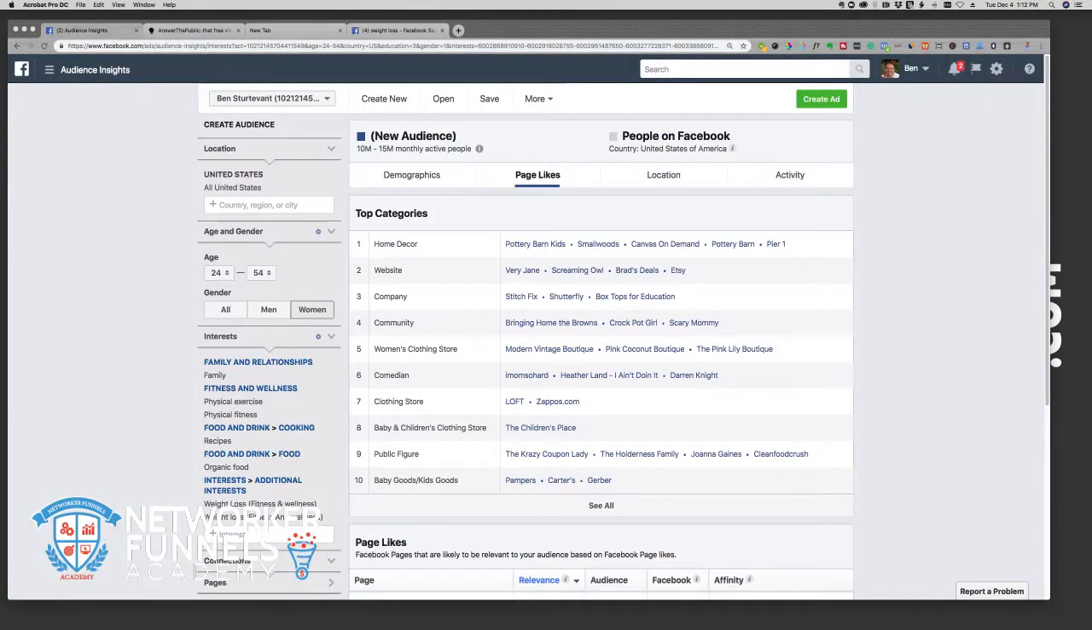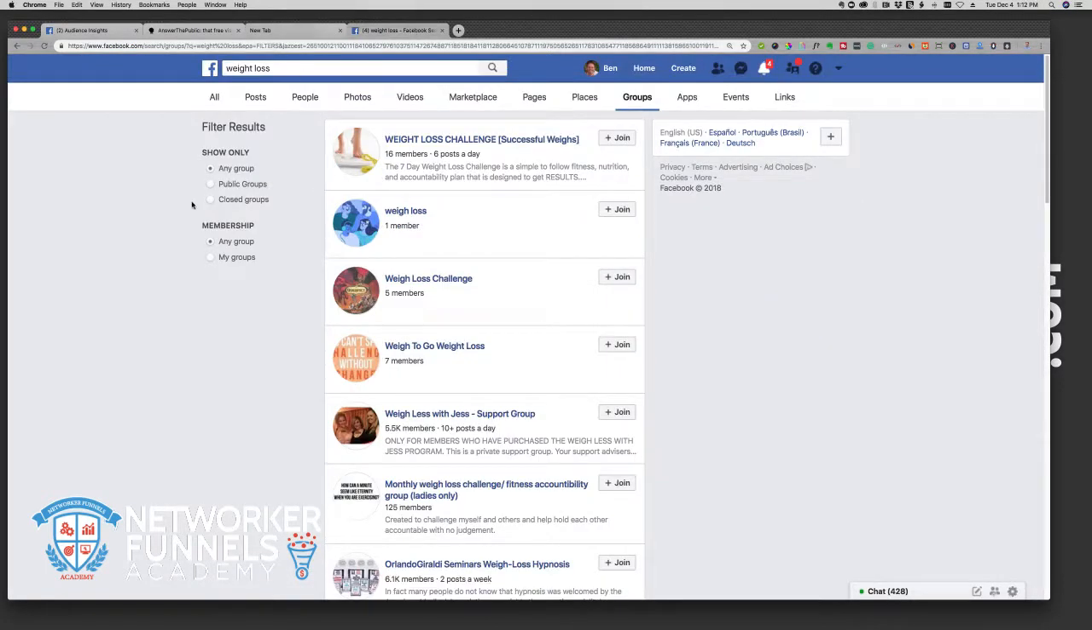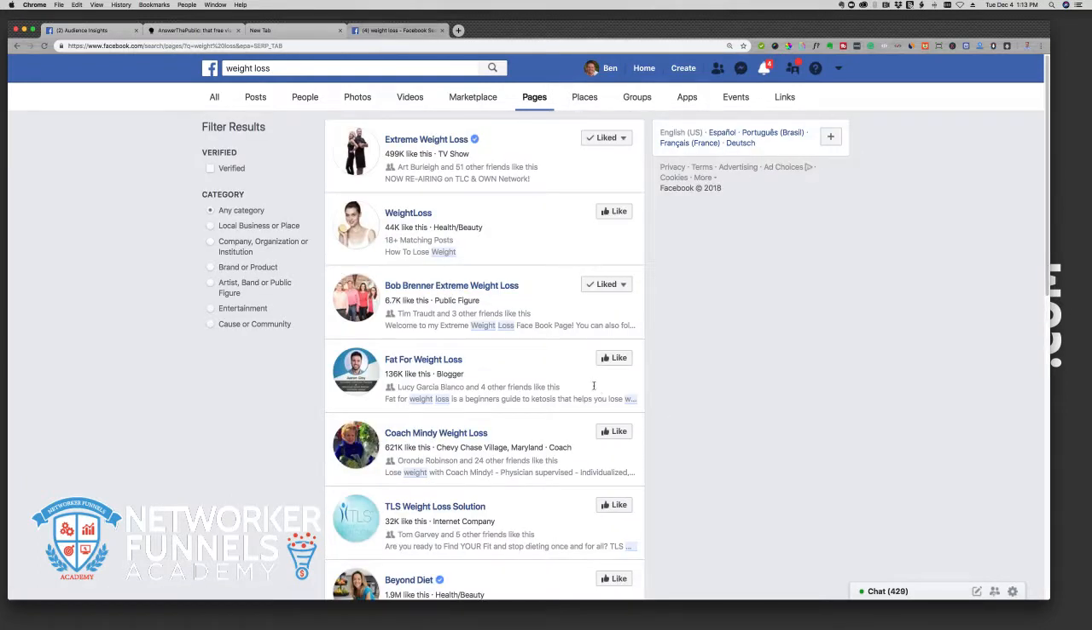And now what I'm going to do is go over and use Facebook as an example here. I typed in weight loss, okay? And these are all of the posts, people, photos, videos, marketplace pages, groups, etc. So I'm going to start with pages. What I'm basically trying to do here is a little bit of market recon, all right? It's going to take you some time. I'm not going to get into a ton of examples here, but just to give you a quick one,